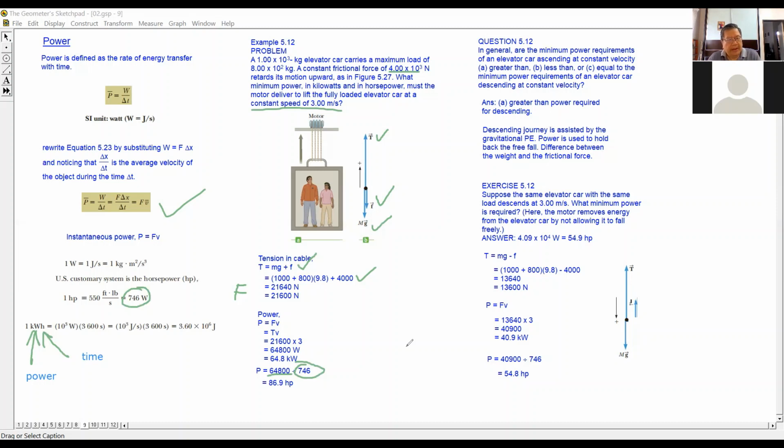So the power of the lift is 86.9 horsepower. It is still less than the power of one car. Our car, I think, is normally around 90. The 1.5 cc is normally around 90 to 100 horsepower. It's only 86, less than that of a 1.5 cc car. Okay, so